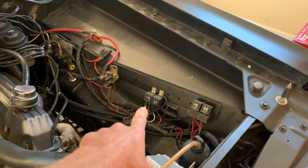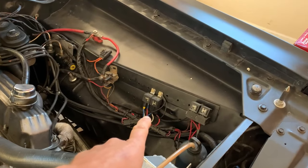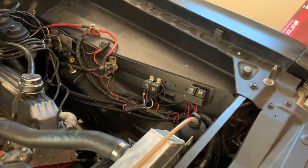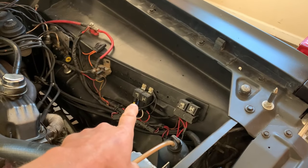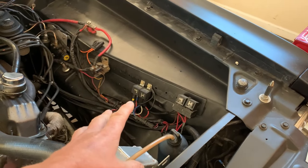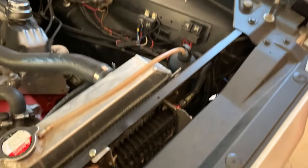Actually, the relay there for the low beams, the wires pulled out of the connector, so I really need to take the time and fix that correctly. I went through tech and they didn't work, but I had high beams, so I was able to get through tech. Then I got back to the pits and I fixed low beams. We'll make sure,